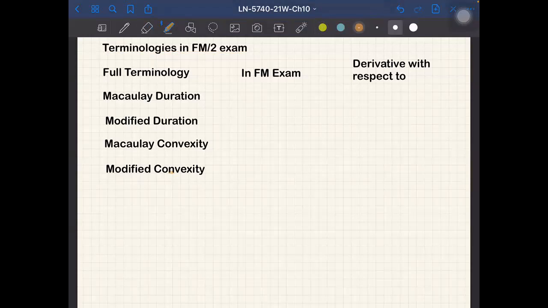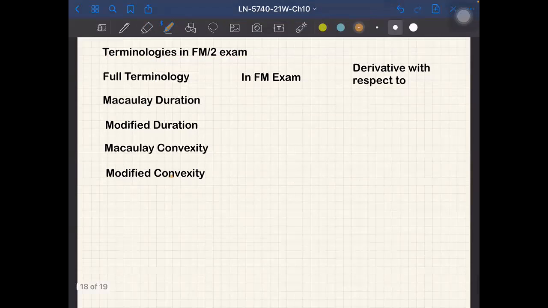Hi, at the end of section 10.g, I would like to make some remarks. First, the terminologies in the FM exam. Terminologies in the FM exam are a little strange, because when the exam says just duration, that means the Macaulay duration. But when the exam says just convexity,